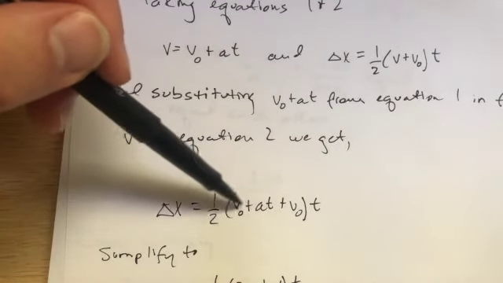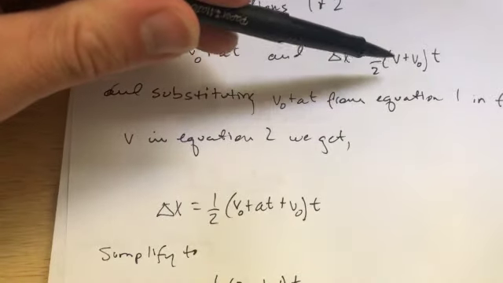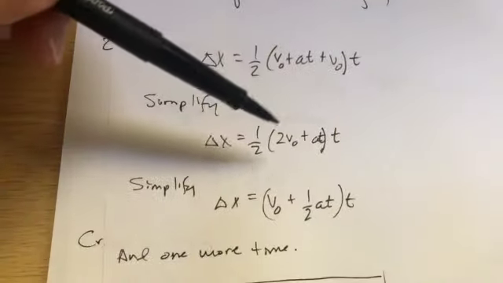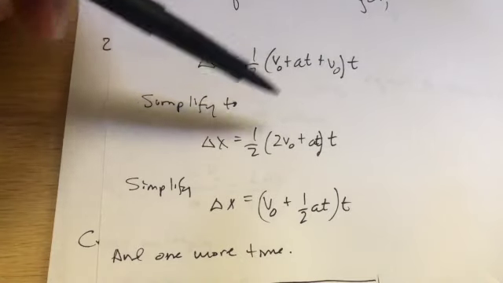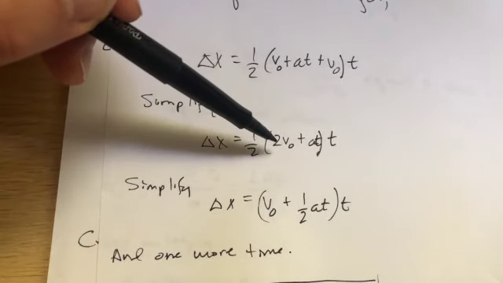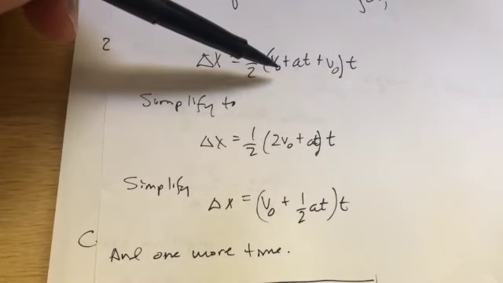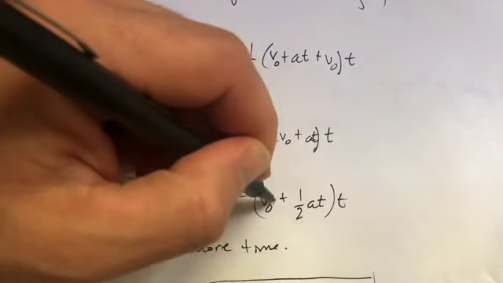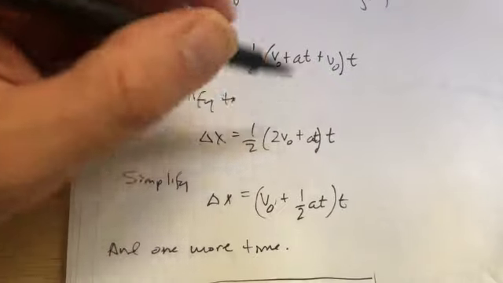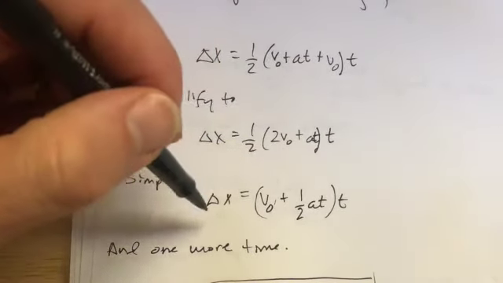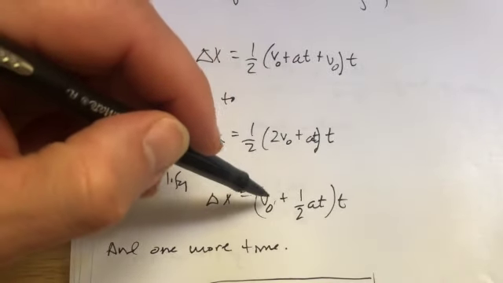Okay, see how that V naught plus AT used to be that V. I then simplify. V naught and V naught go together, so now I have 2 V naught. I also multiply t throughout this whole thing. Then I multiply t through, and I get